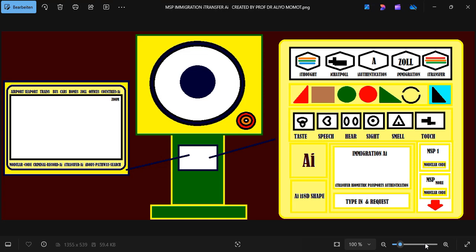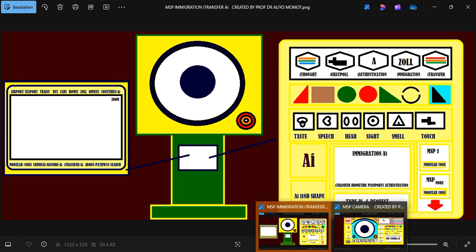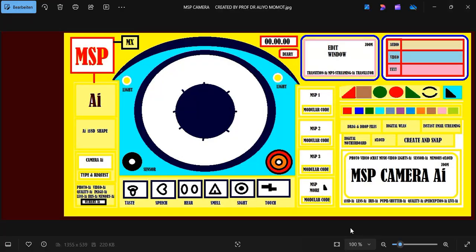Yesterday we talked about something about the eyes, the AI, the MSP camera AI. Let me show you something about that. That's this. We knew about the eye, how you can use the eye as a software to be able to capture images, videos and everything. So this software